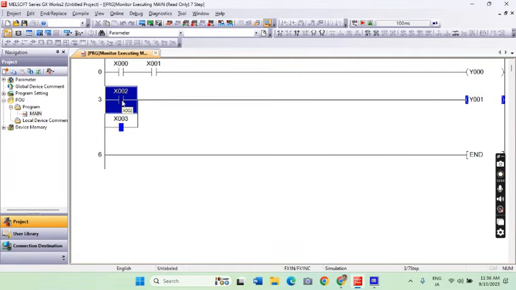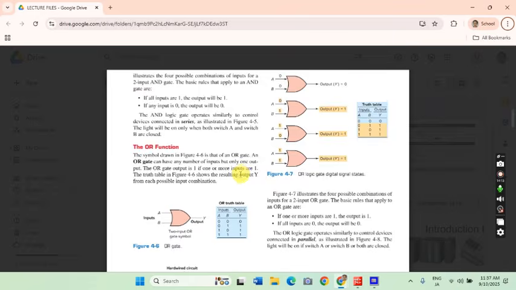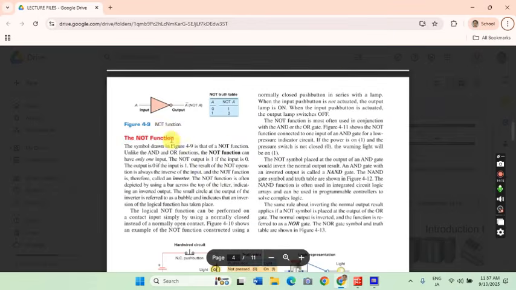So if we try to switch on both X2 and X3, still the same, the output is energized. Okay. Now we're going to create the last function, which is the NOT function.